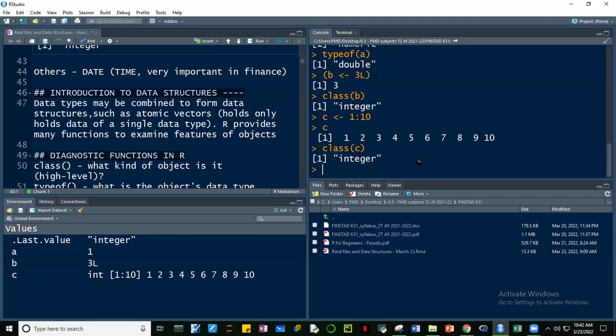Integer siya, 1 to 10. So this is what we call a vector. Vector of integers, vector of numbers. Pwede ring D. Okay, we can have